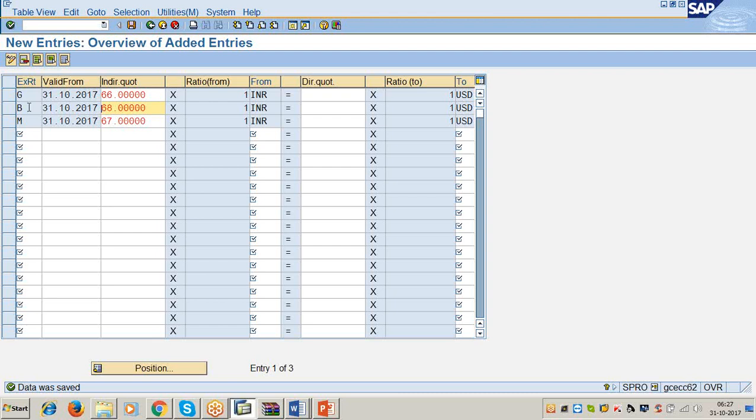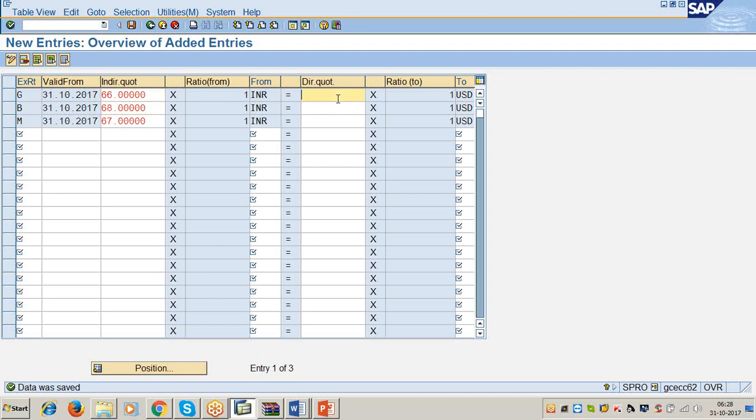Direct quotation 67 to INR. Now, click on save. Now, what is indirect quotation and what is direct quotation?